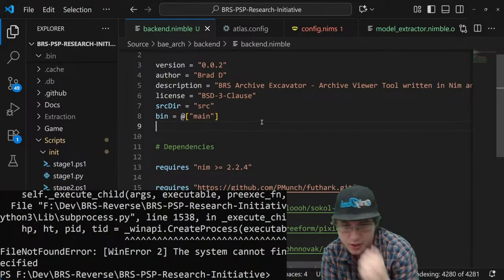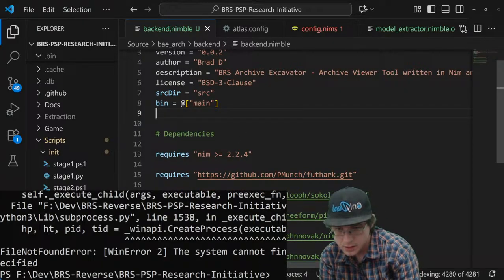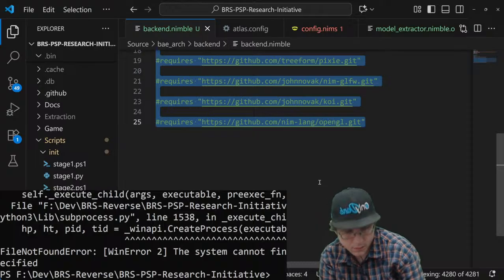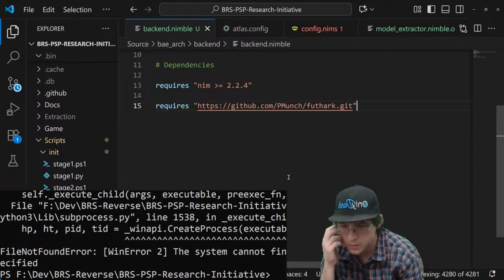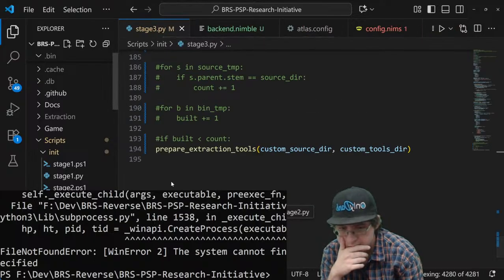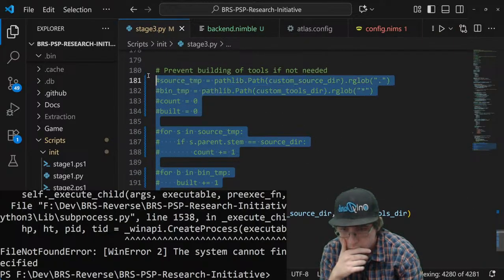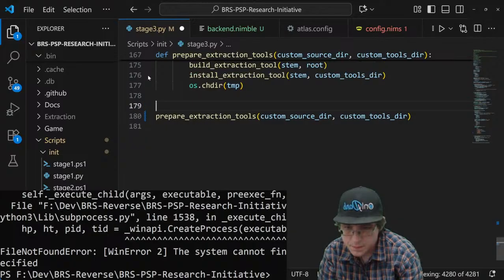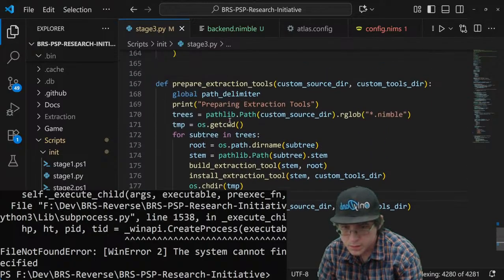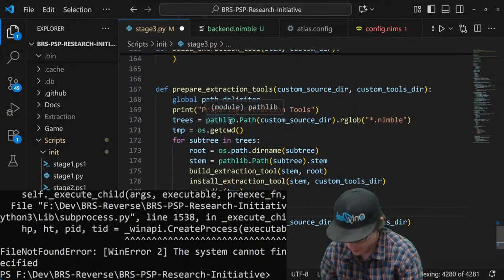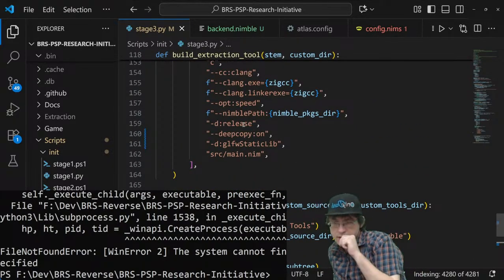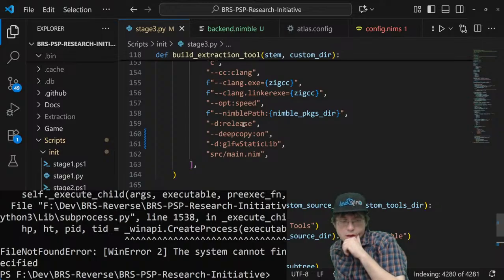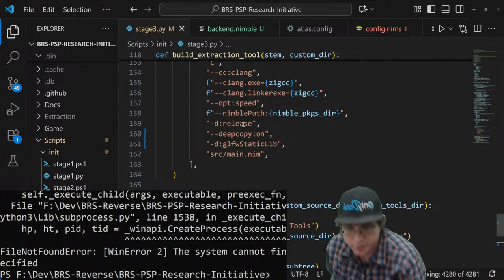So I'm going to hard code this a bit. But yeah, I'm going to hard code it a bit, and build the back end, then build the front end.